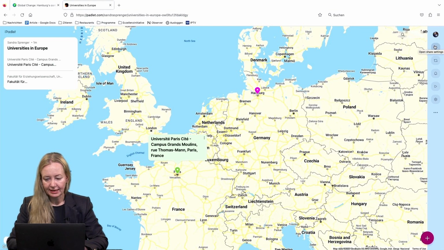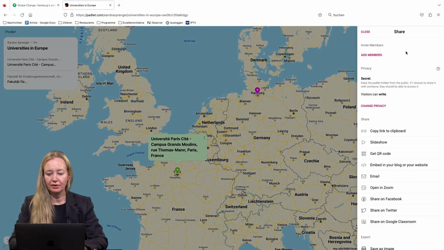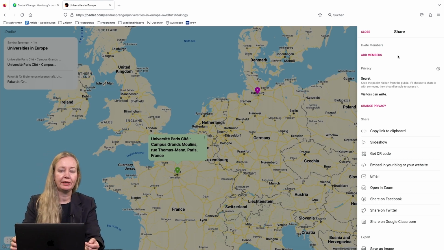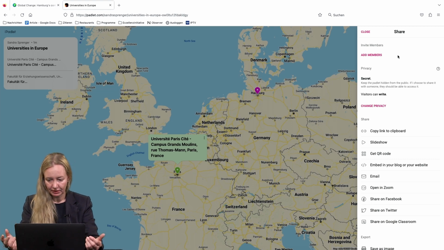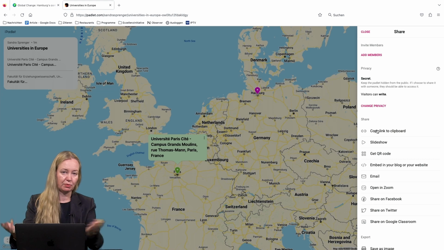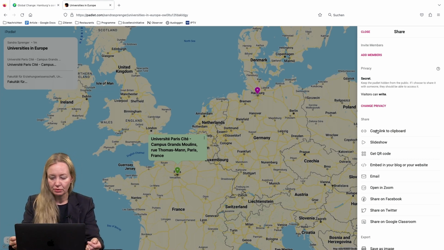It's the second circle, you click on there, and these are the sharing options. A window is opening, and you see different sharing opportunities, like copy the link. So maybe you want to copy the link in the video conference tool. You can share this or enter the link into the email.